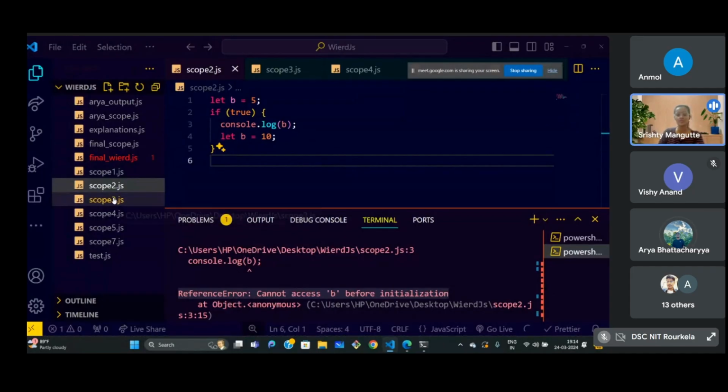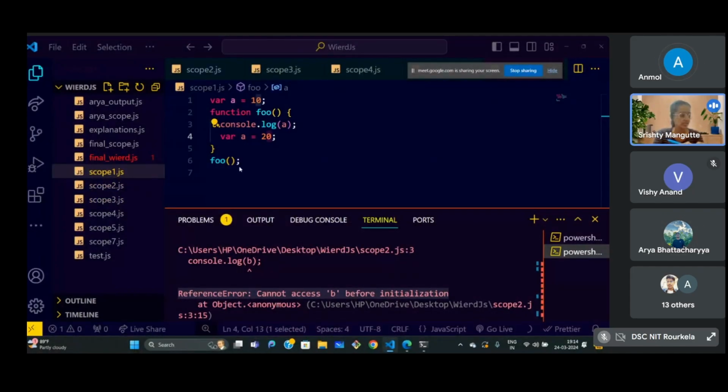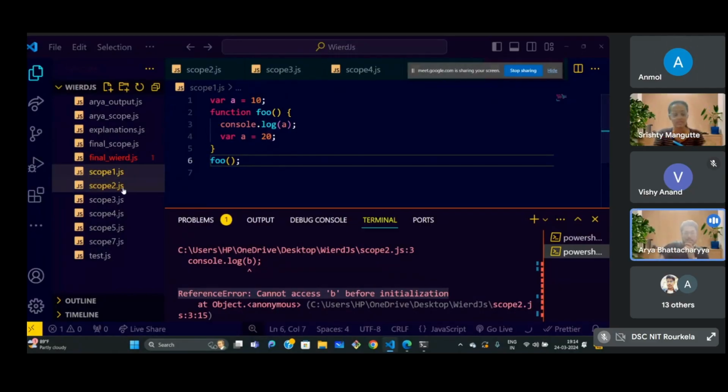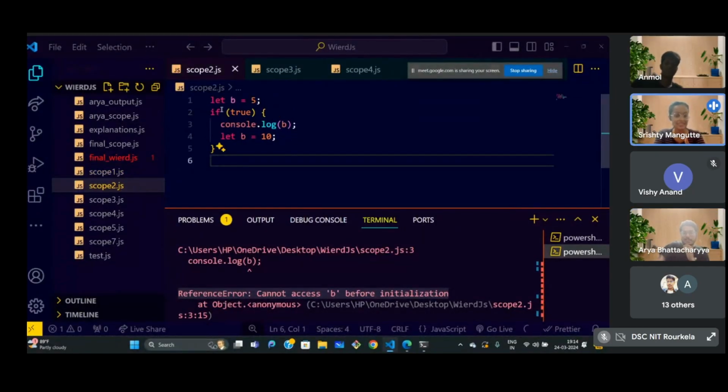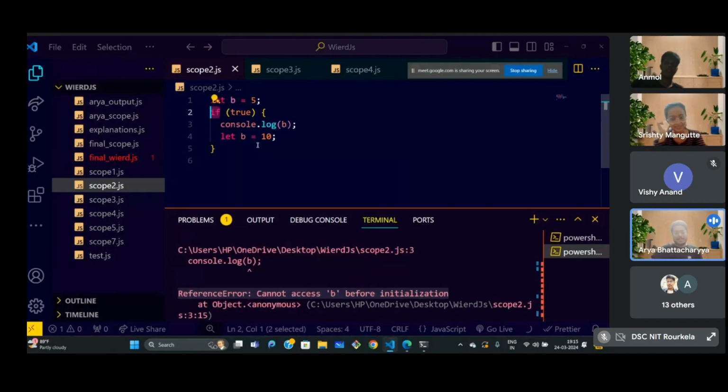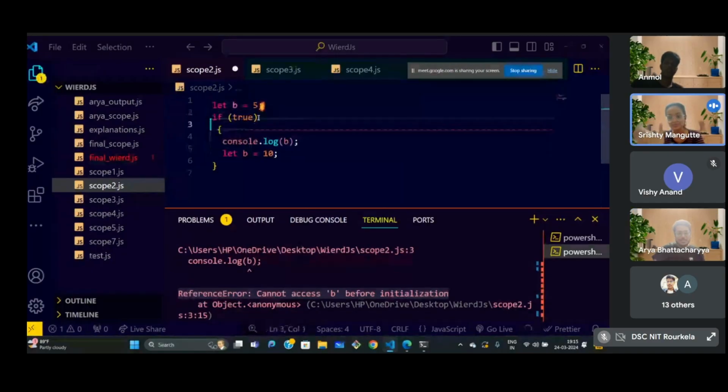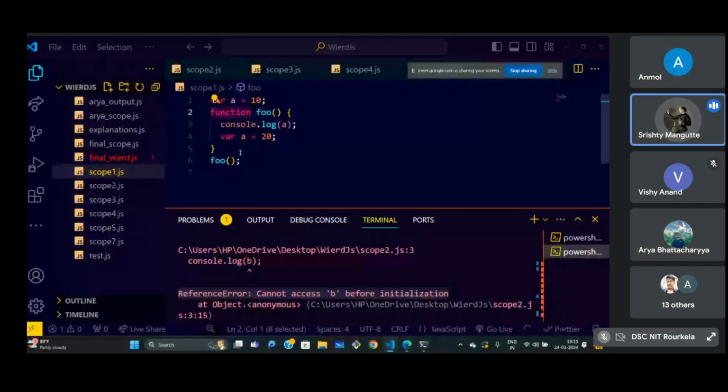Then how was it possible with the first case? How did we use it before initializing? Let them give their reason. Okay, cool. I thought this was a question. Dhruti and Harsh, why do you think it was possible in the first case, and why is it not possible now?